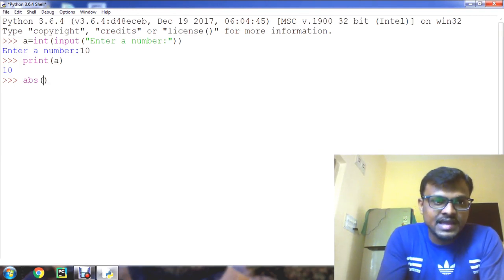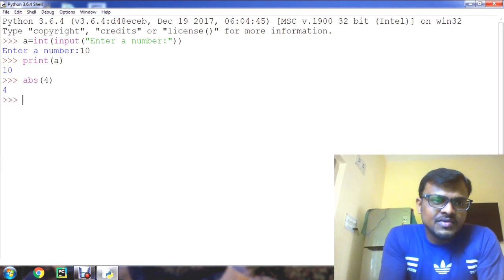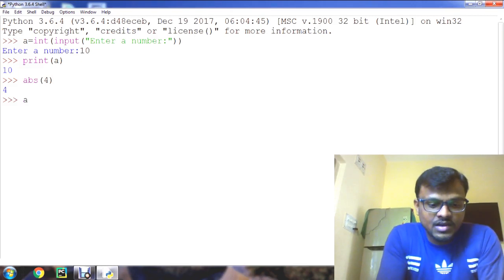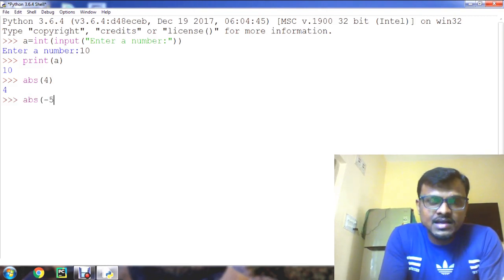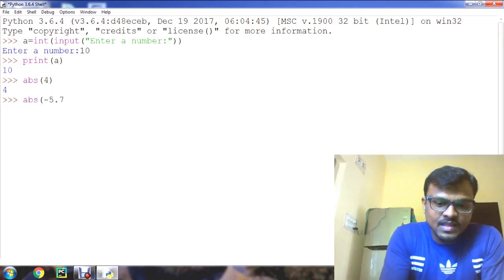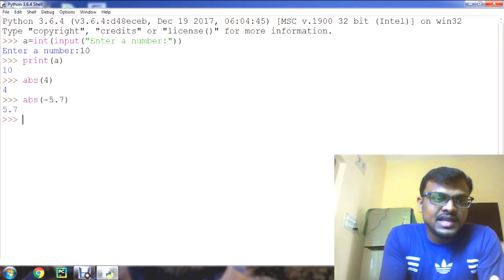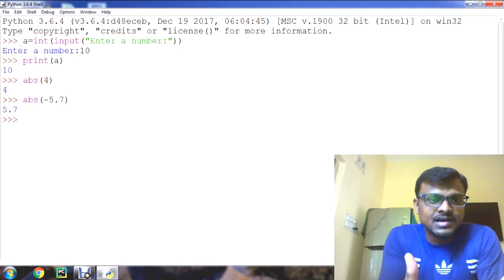For example, if I give an integer value here, that is 4, then it will return 4 as the absolute value. If I give the absolute of minus 5.7, then it will give 5.7. That means it will not consider the sign of the given argument. It will give the positive answer only. So like this we can use the absolute function in our program.